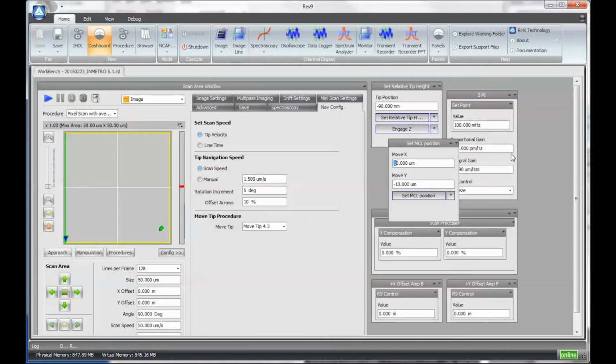Okay, let's try this again. Now I can set 30. So that'll go 30 this way. Now let's go 10 up, which will actually be to the left now. There we go. So as you can see here, it's pretty quick and easy to create new procedures in the